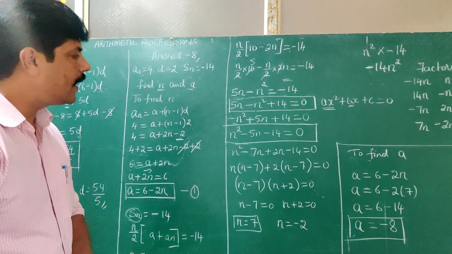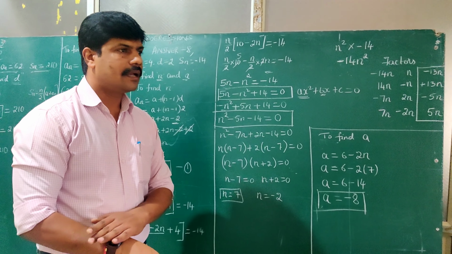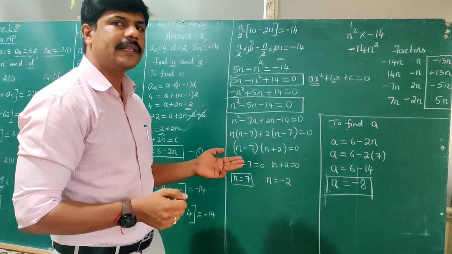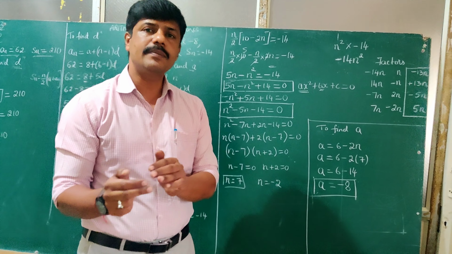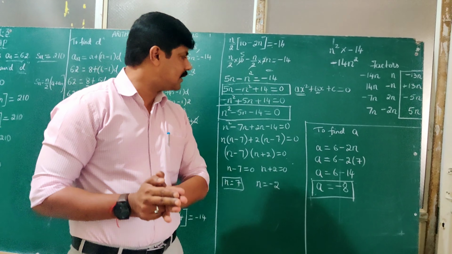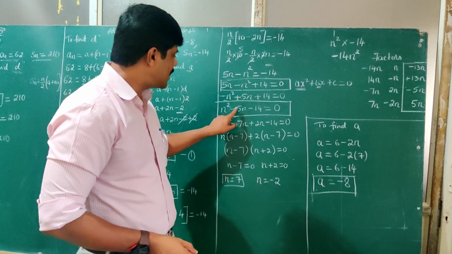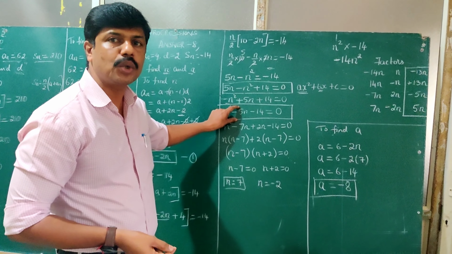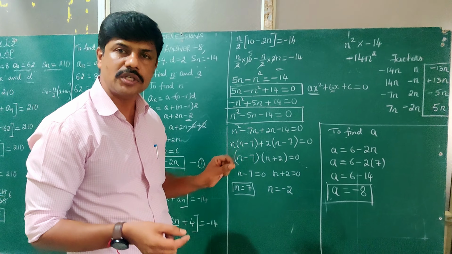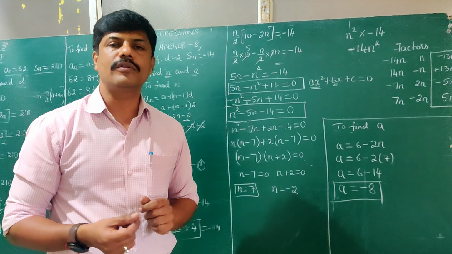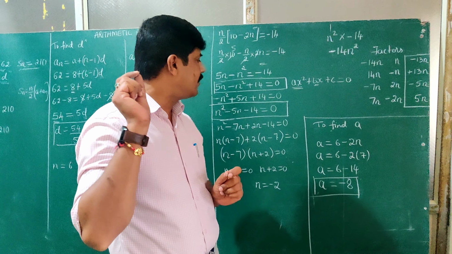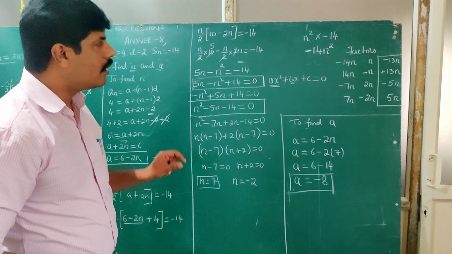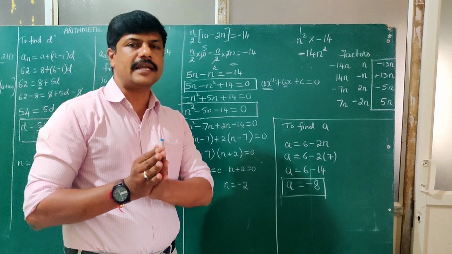Quadratic equation. Okay. To find the solution for the quadratic equation, I have told in the previous video itself. So there are three methods. First method is formula method. Next is by completing the square. The third method is factorization method, by splitting the middle term. These are the three methods we have to find the solution or roots of this quadratic equation. Roots means to find the value of x, or the value of y, or the value of n. In place of x, here n is there. Okay. To find the value of n, the method I am using is factorization method.